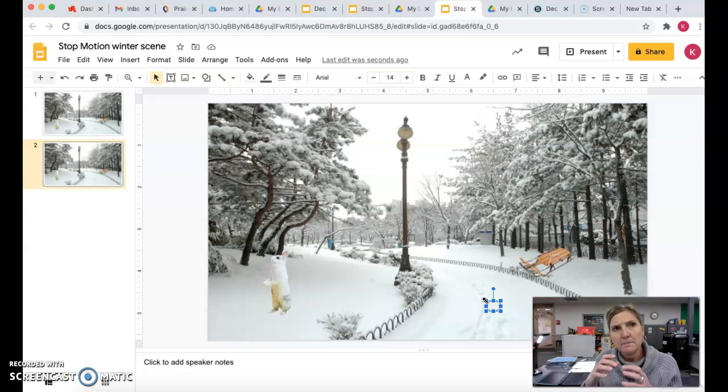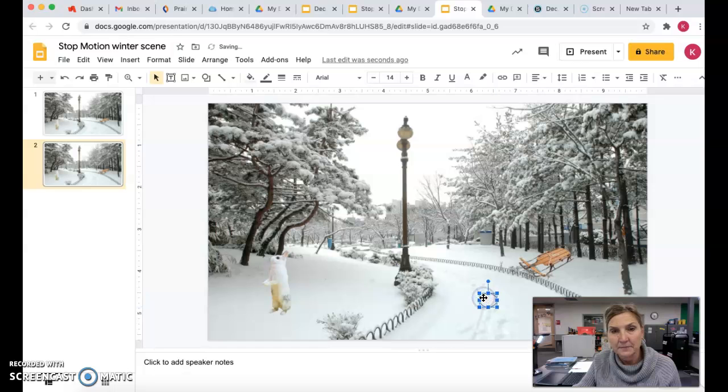I want my circle to stay a circle, and so I got to keep all the sides moving at the same amount. So when I move my shape, I'm only going to move it when I have this sideway arrow. So I'm going to pull it up just a little bit to make it look kind of real. See how it grew? You can see underneath, let go. And then what I want to do is move it